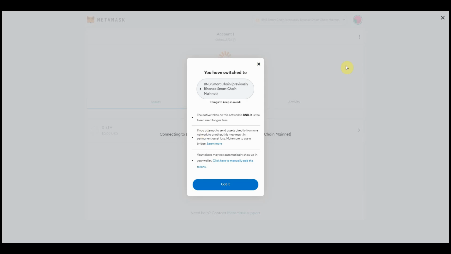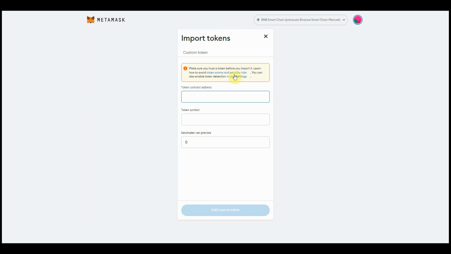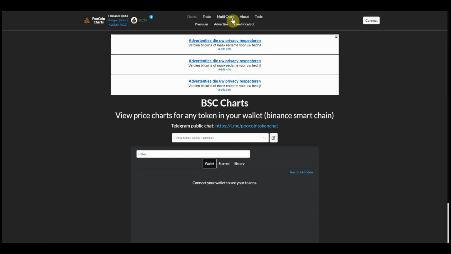And then in your wallet you can switch to the Binance chain. Got it. And then you will find all your Binance tokens in here. If you don't have a token, or if it doesn't show you the tokens that you're looking for, you can import tokens by adding a token address, token symbol as a custom token. So let's say you joined a new ICO, a new cryptocurrency, then simply click on import tokens, add custom token address. Let's find, we want to add